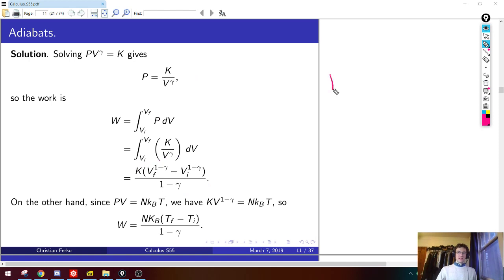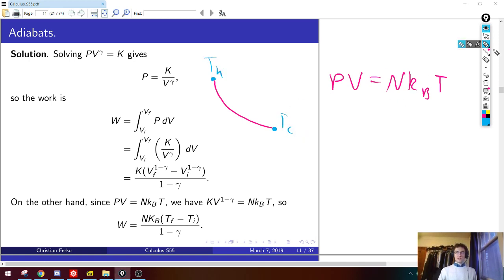I'm just going to do it on the side, even though I wrote it there, just to show you what I'm doing. If you start with the ideal gas law, PV equals N k_B T, we have to be very careful about it because the temperature is changing. So I'm not going to apply the ideal gas law along this curve at any points where the temperature is changing. I'm just going to apply it at the two endpoints where I know what the temperature is, because it started at one temperature, T hot or something, and went to T cold. So if I only apply the ideal gas law at the endpoints, I'm safe. Or maybe I'll call them final and initial.